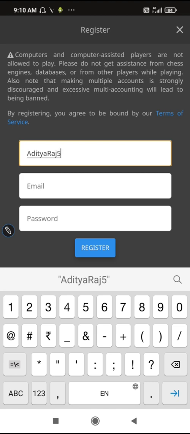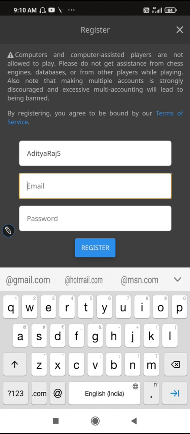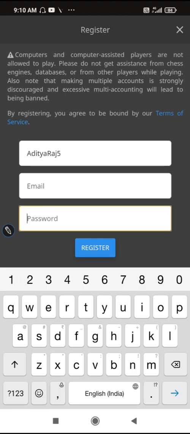This can happen, that you find such red marks coming up in your name, because this is a worldwide app. Many players play over here, many highly rated players play in this app at Lichess Chess. Over here you are going to type the email. I will put an email of my choice, and after that I'm going to put a password. Whatever password I give, I will have to remember it, or it's better that when you are setting this, you just note it down somewhere.